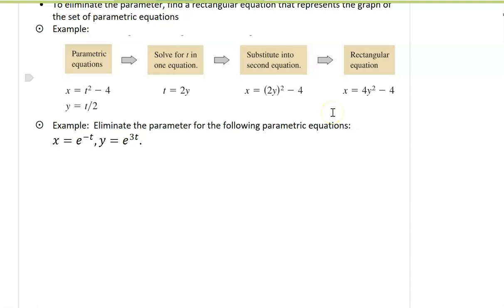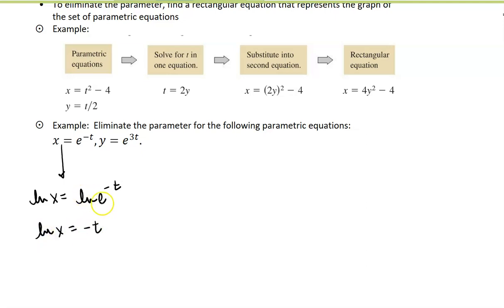So for this one, I have x equals e to the negative t and y equals e to the 3t. So I'm going to take this equation and I'm going to take the natural log of both sides so I can solve for t. And for this one, I'm going to have a negative t on the right because natural log of e to any power is just equal to the power. So that gives me t equals negative natural log of x,